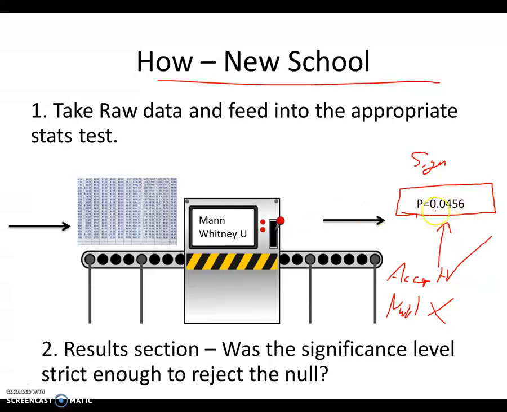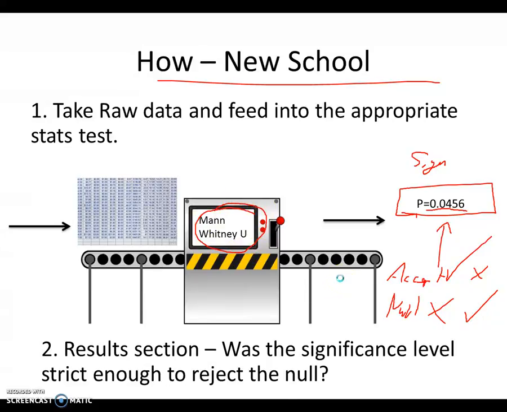Okay, so that's your exact error, you've got a 4.5% chance of error in your findings, but because that's less than 5%, you'd accept your alternate. If that came out as p equals 0.06, you would accept your null and reject your experimental, because it's higher than the p equals 0.05 that psychologists agree with. Okay, so much easier the new school way of doing it,